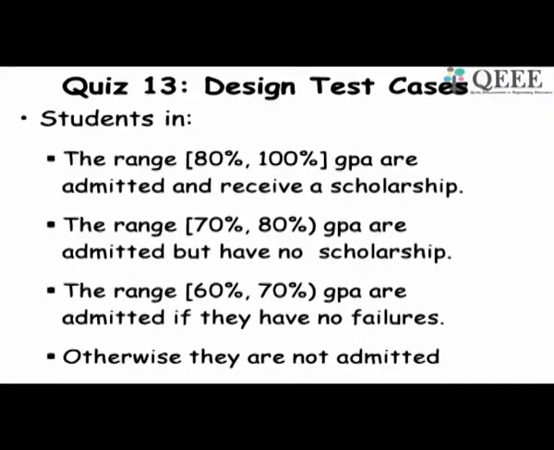but no scholarship. In the range 60% to 70%, they are admitted if they have no failures in their previous examination. And if any of these conditions are not met, then they are not admitted. So please draw the decision table and find out the number of test cases and the optimal number of test